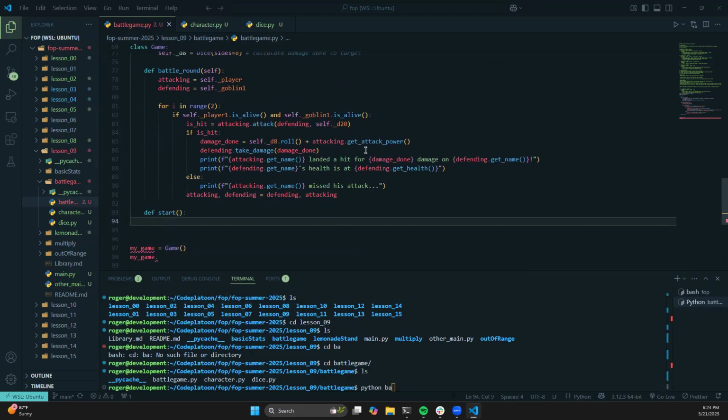Define start, and then we will say something like, how do we do this? I did a while loop in the start method, and the while loop would check if both the enemy and the player are alive. Yeah, that's probably a good way of doing it. We'll say while self dot player one dot is alive and self dot goblin one dot is alive, and